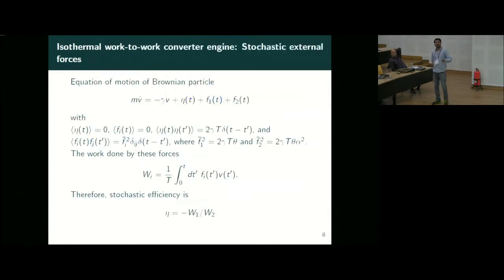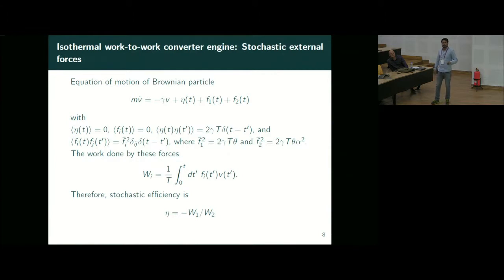So what I have done is take a Brownian particle, where the load and the drive force are both stochastic forces that you apply from outside. Eta is the noise coming from the bath, gamma is the dissipation constant, and m is the mass of the Brownian particle. So this is my engine. For eta t and f, both averages are 0, and the correlation is defined by this, where theta is the strength of the load force, and alpha is the strength of the drive force relative to the load force.